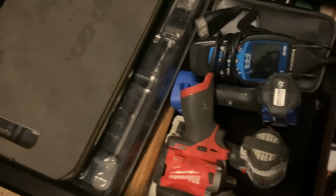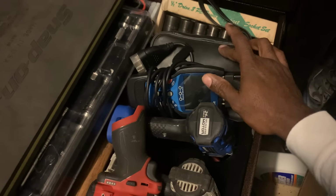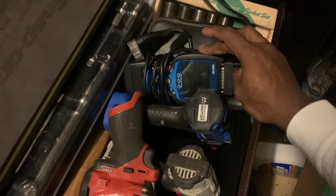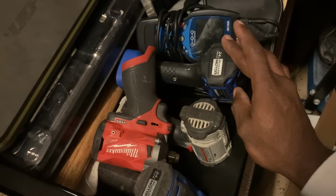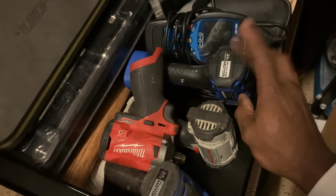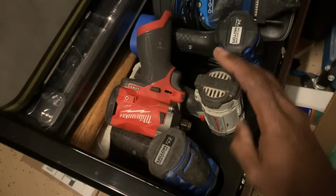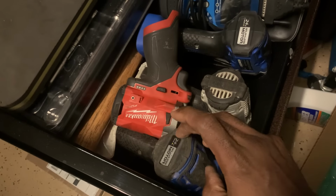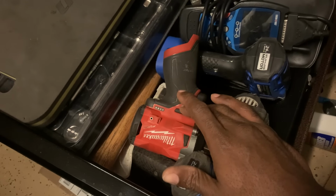See if I can get, now this drawer here is going to be difficult. I will not be able to get through all of this because things are just piled in. My Blue Point multimeter, my Innova scan tool, SK impact sockets, Cobalt brushless 3-inch drive impact, my 1/4-inch drive impact from Porter Cable, 1/4-inch drive impact from Cobalt, my Milwaukee M12 stubby,